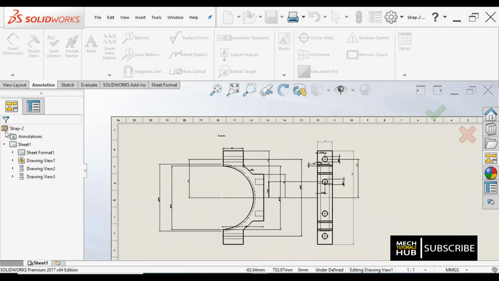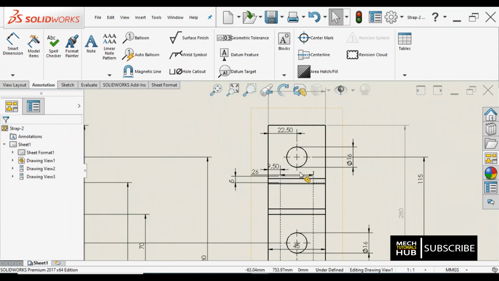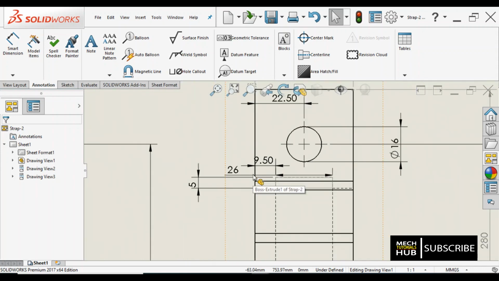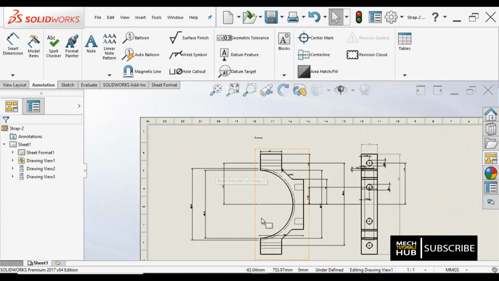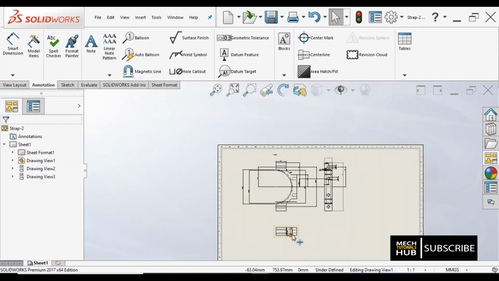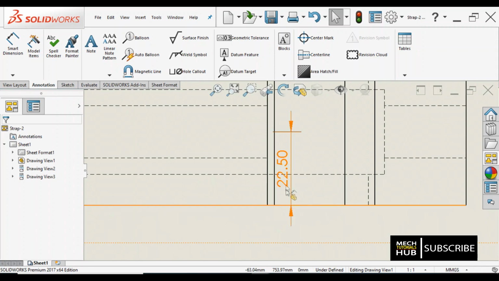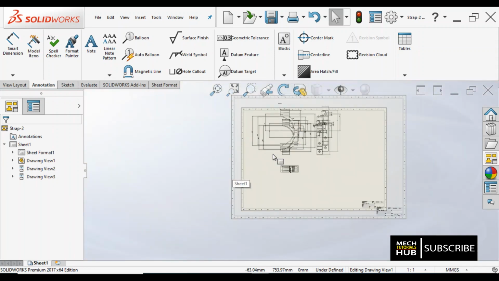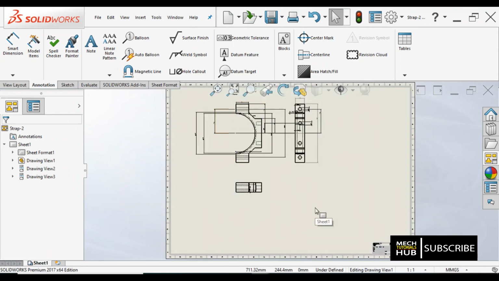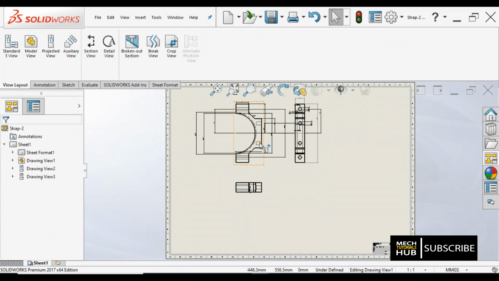Whichever are required, you can select them all, and once you say OK, those can be seen here on the views. 22.5, we haven't given those, but still whichever are actually required, I could see them all on the screen. That is one more option. The first option is you can make changes in the ribbon, number 2 is smart dimension, number 3 is model items.